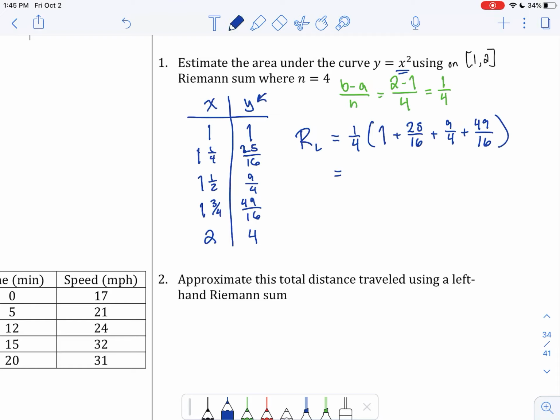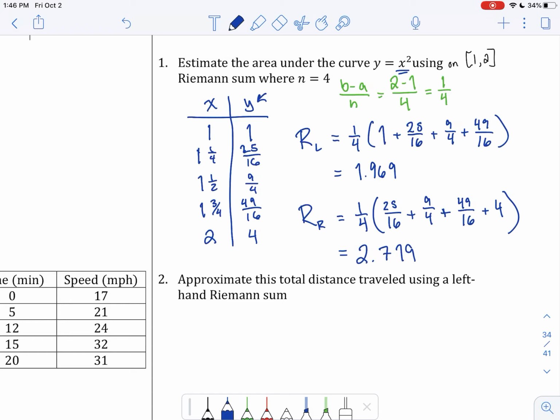So the left Riemann sum is going to be 1.969. If we did the right Riemann sum, that still has the width 1/4, but we're starting at the right bound, which in this case is 25/16 for the first one, 9/4 for the second, 49/16 for the third rectangle, and 4 for the final one, which means that the right Riemann sum is